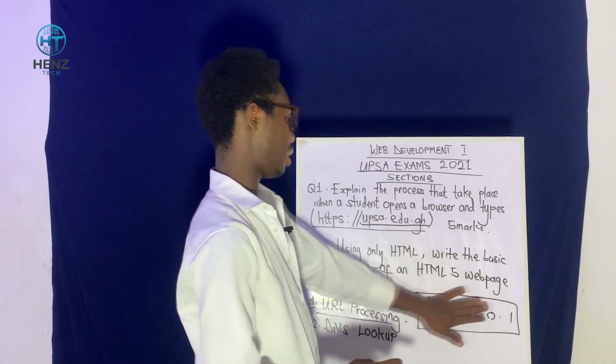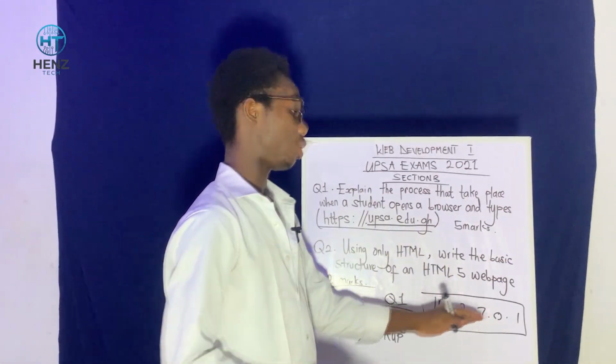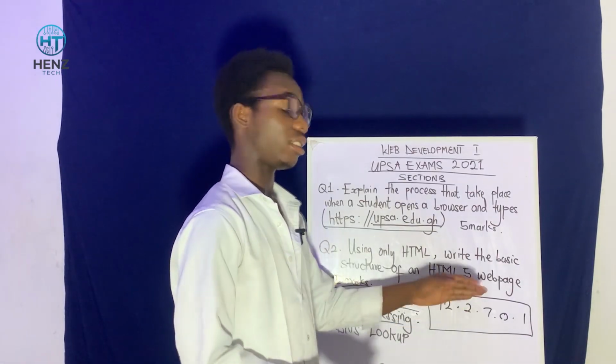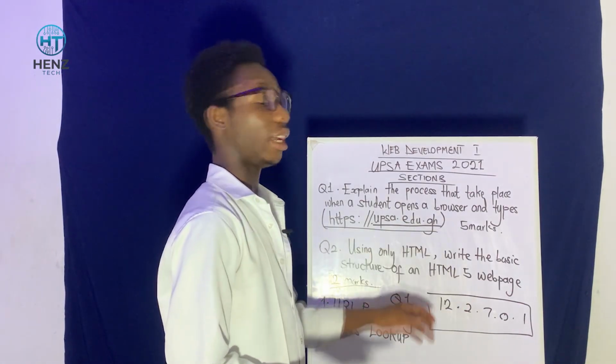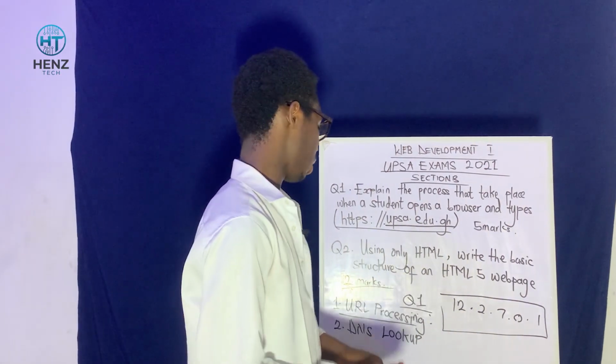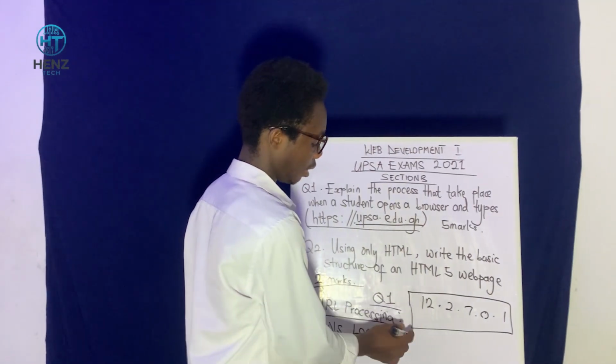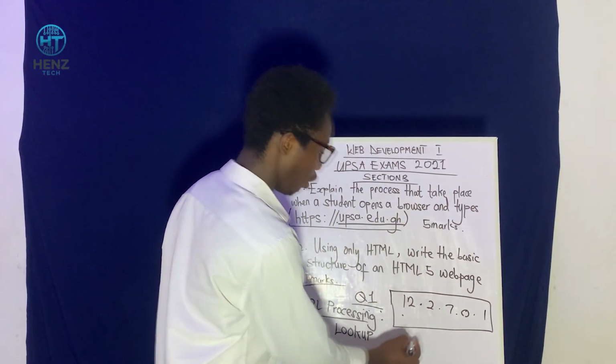Let's say this is our IP address. It is not a real IP address, this is just for example. So let's say this is the IP address of